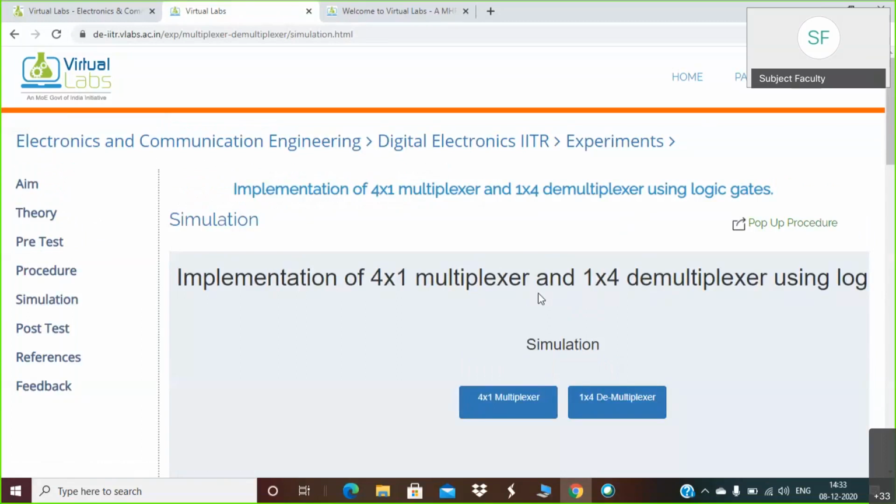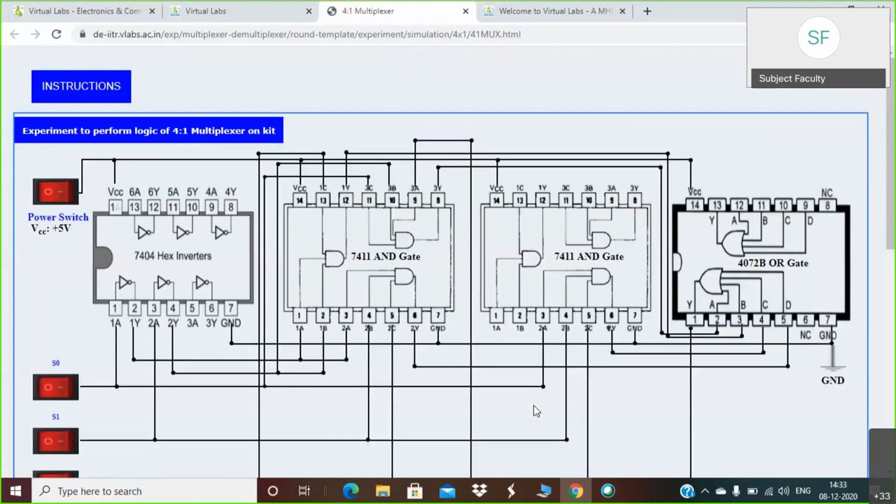When you click on the simulation, there will be two tabs here. One is the 4:1 multiplexer and the second is the 1:4 demultiplexer. So now I will go to the 4:1 multiplexer.